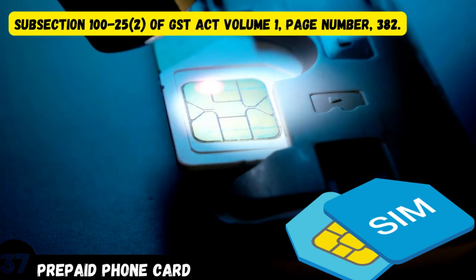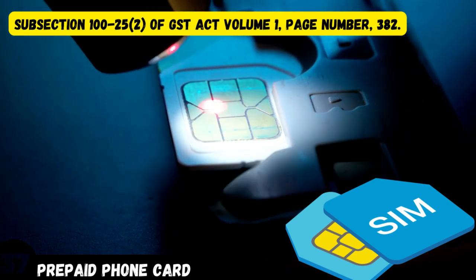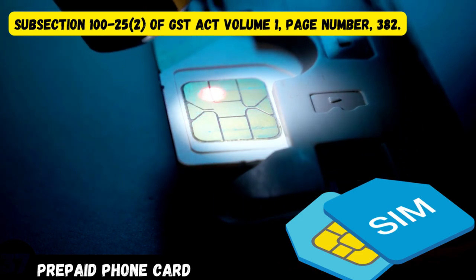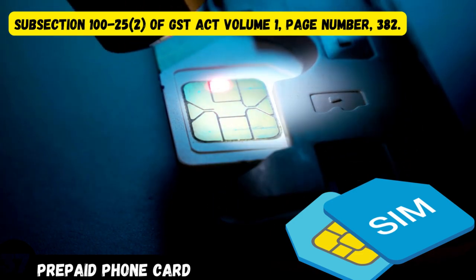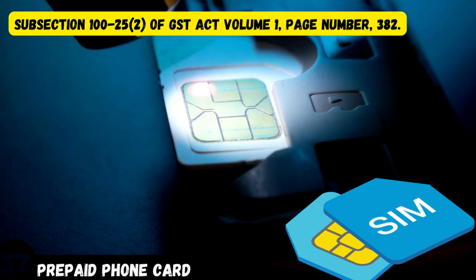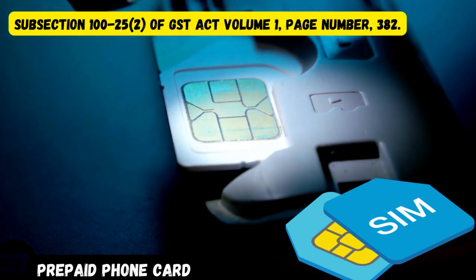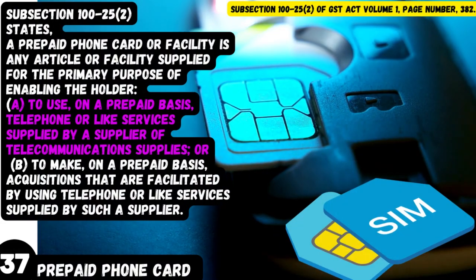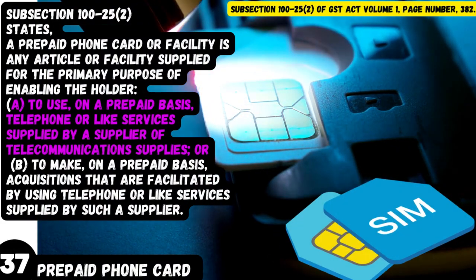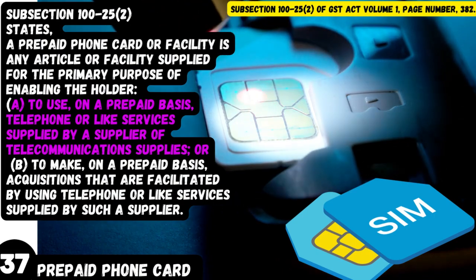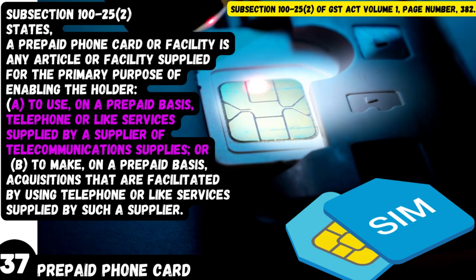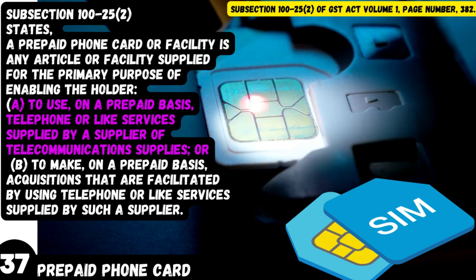Next word. Word number 37. Prepaid phone card or facility has the meaning given by subsection 100-25(2). That is subsection 100-25(2) of GST Act Volume 1, page number 382. Subsection 100-25(2) states, a prepaid phone card or facility is any article or facility supplied for the primary purpose of enabling the holder